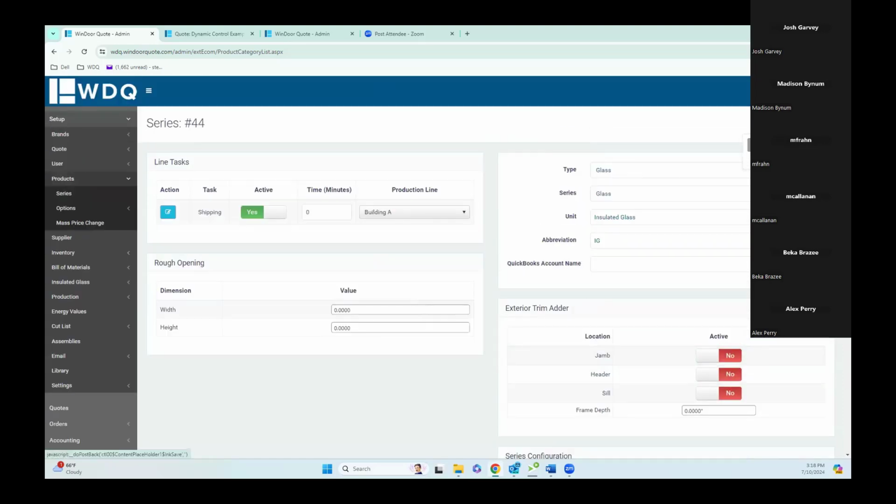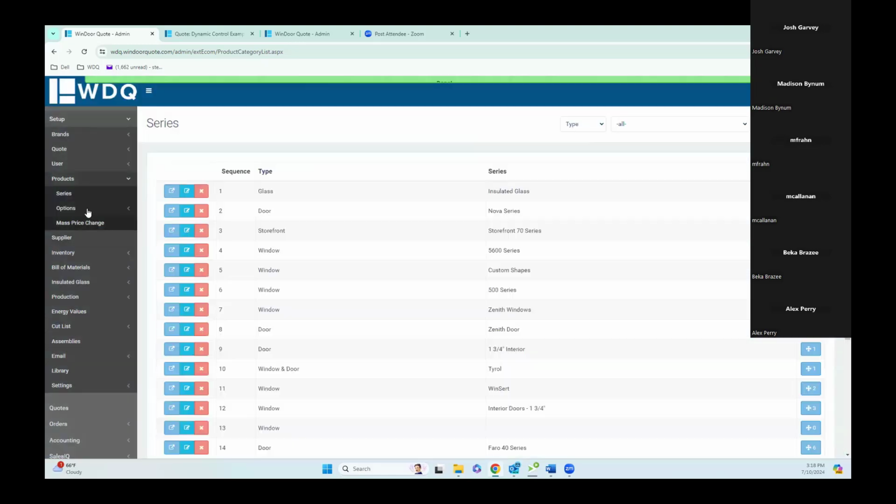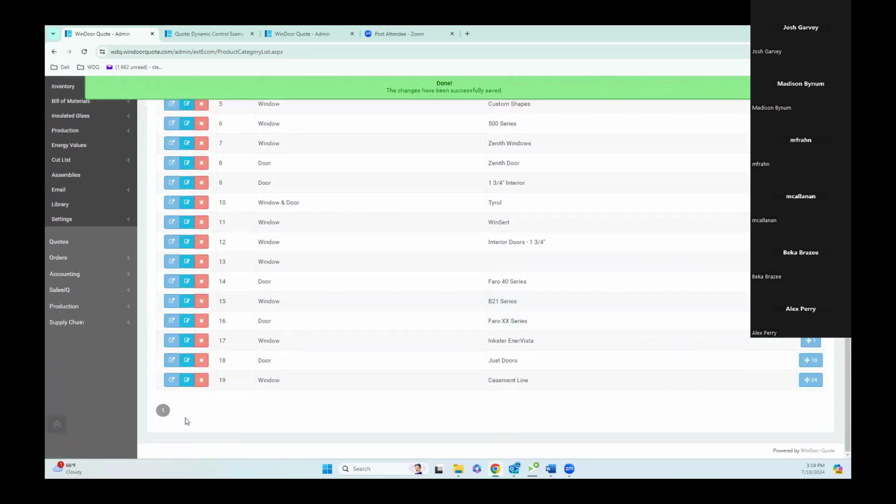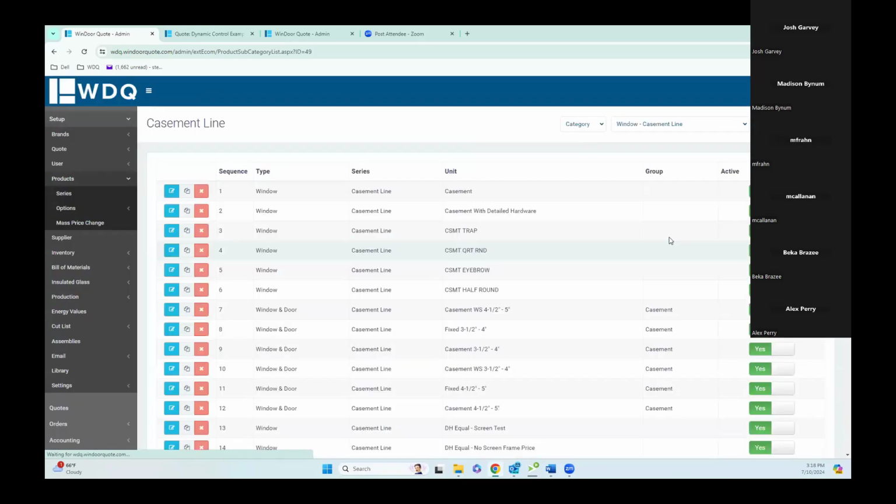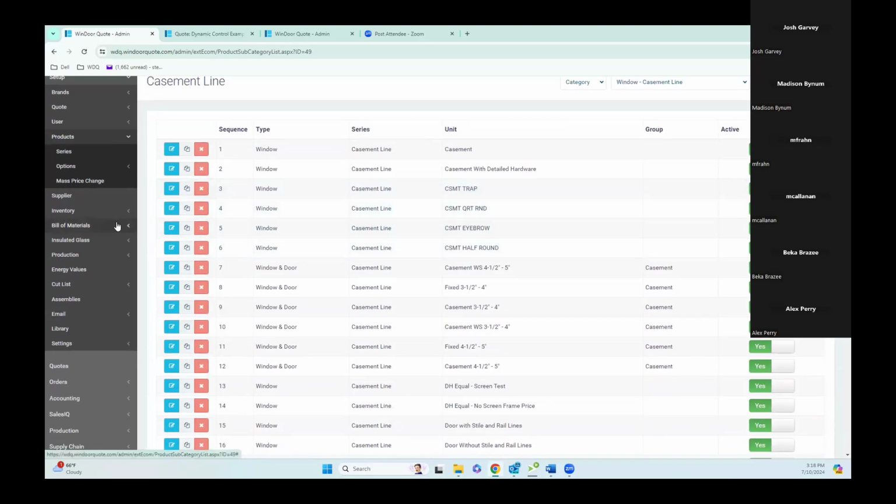So for this, we're going to go ahead. This was the glass series, but I have some preset up, so I wanted to show you this. So on our casement units,